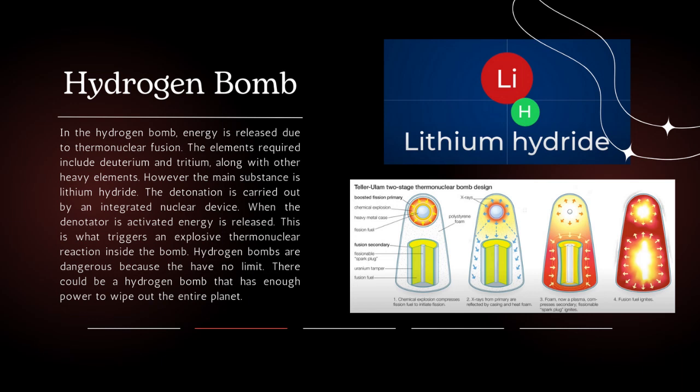In the hydrogen bomb, energy is released due to thermonuclear fusion. The elements required include deuterium and tritium, along with other heavy elements. However, the main substance is lithium hydride. The detonation is carried out by an integrated nuclear device. When the detonator is activated, energy is released. This is what triggers an explosive thermonuclear reaction inside the bomb. Hydrogen bombs are dangerous because they have no limit. There could be a hydrogen bomb that has enough power to wipe out